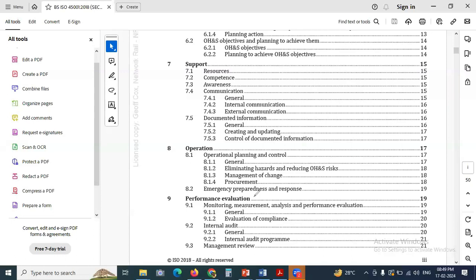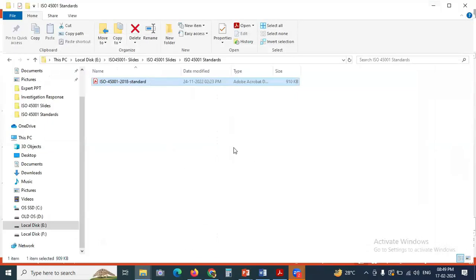So before we go ahead and see the performance evaluation, let's take a break. We can discuss certain doubts if you may have. Then we can go ahead with the clause number 9.